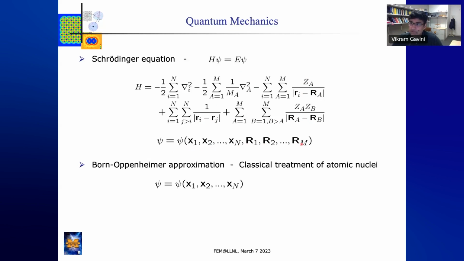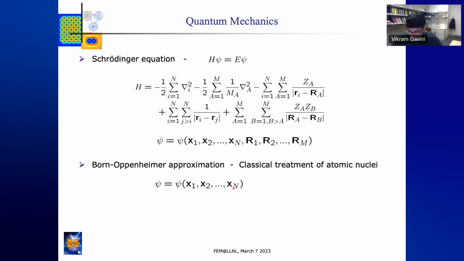And what is common in quantum mechanics is to do what is called the Born-Oppenheimer approximation, which says that the nuclei are much more massive compared to that of the electrons. So we can drop this particular operator in comparison to the other operators, and then treat the dependence of the wave function on the positions of the m nuclei to be parametric. So then for given positions of the nuclei, the wave function depends on the positions of the n electrons as